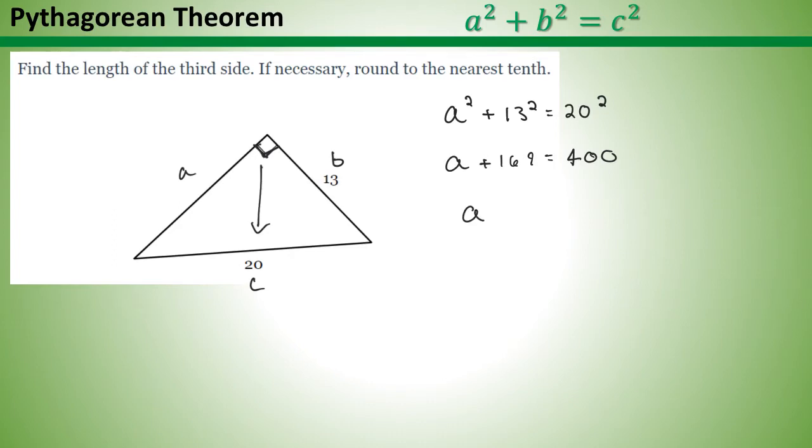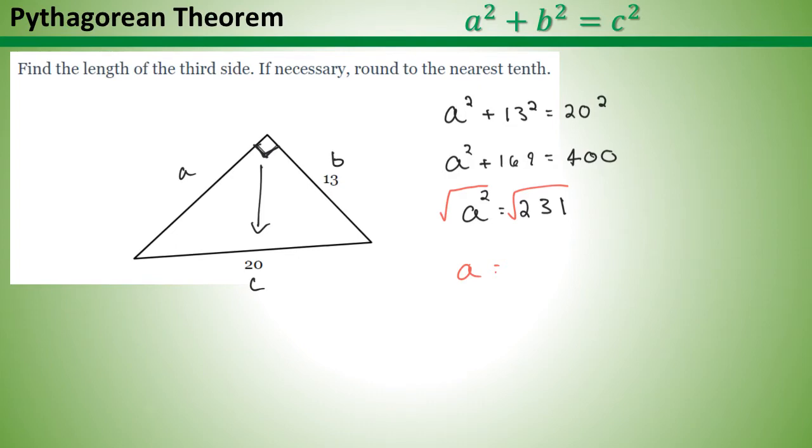And I end up with A squared is equal to 231. So now if I want to get the A by itself, the way I get rid of that exponent is I take the square root of both sides of my equation here. So I end up with A on the left side, and then when I take the square root of 231,